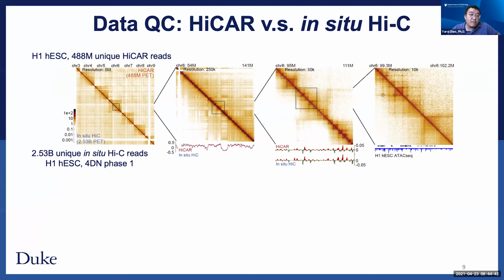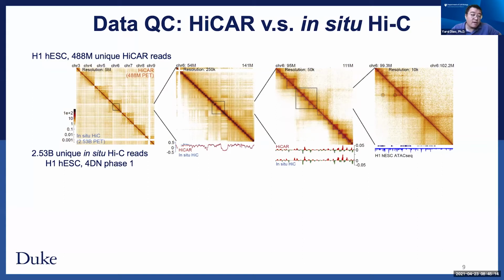And next, we further compare HiCAR data with in situ Hi-C data, which has been considered as a gold standard of 3C analysis. Here we generated 3 libraries using human embryonic stem cells, and in total we got about 488 million uniquely mapped reads from the HiCAR library. And we took the in situ Hi-C data generated by 4DN, and in total we got about 2.5 billion